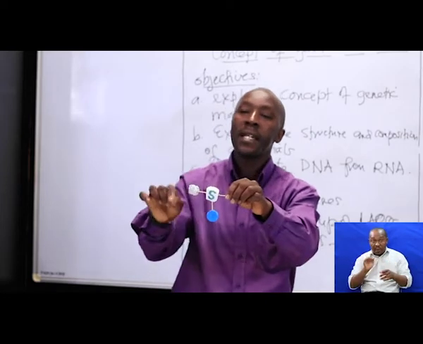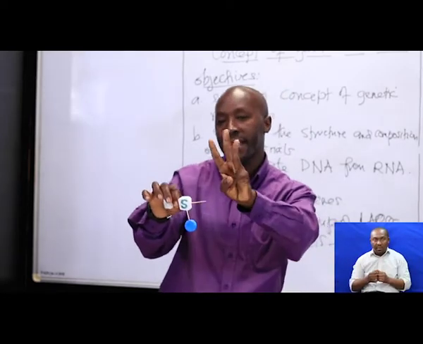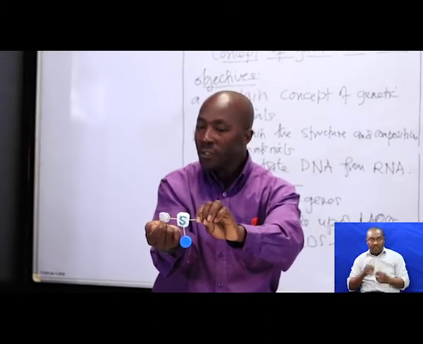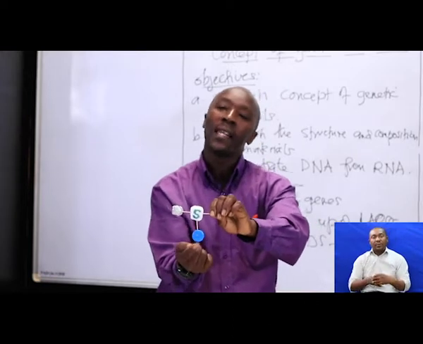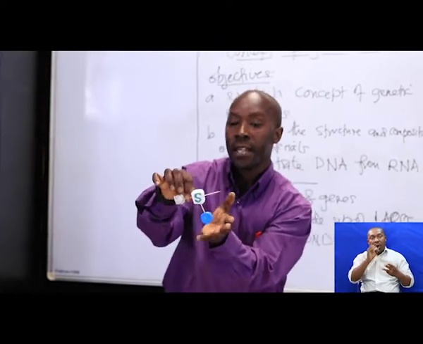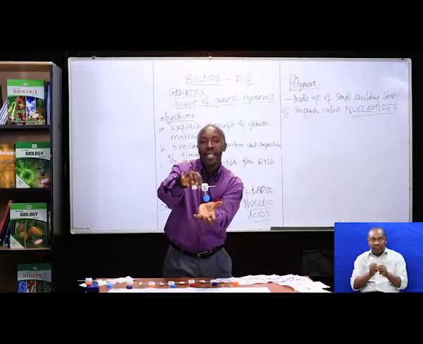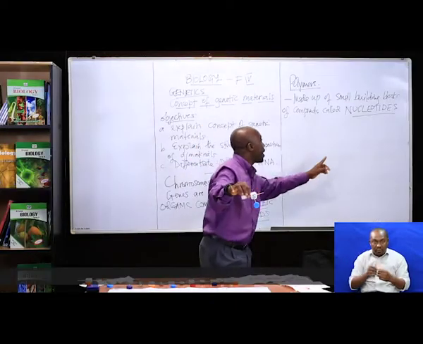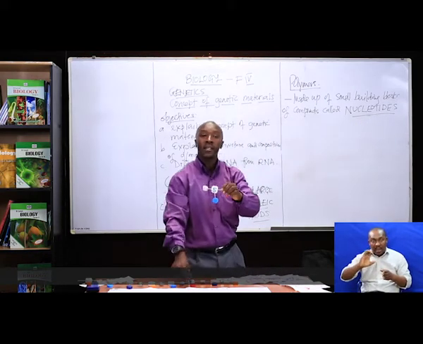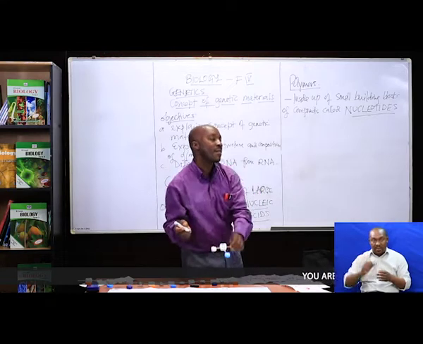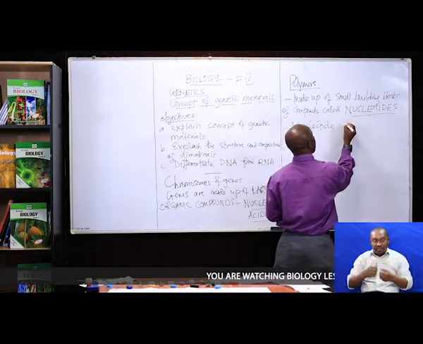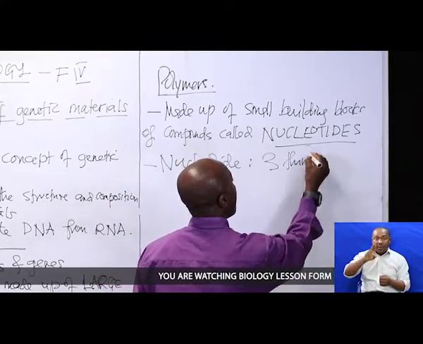And this smaller building block consists of how many things? Three things: sugar, phosphoric acid, and organic base. These three things together form a smaller building block called nucleotide. So the nucleotide, my dear student, consists of three things, namely